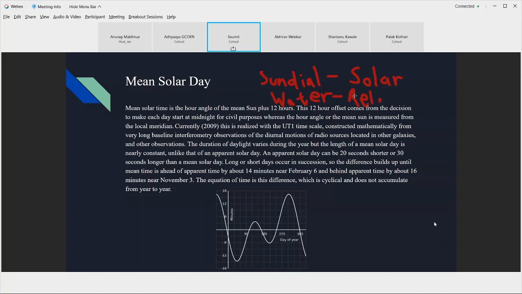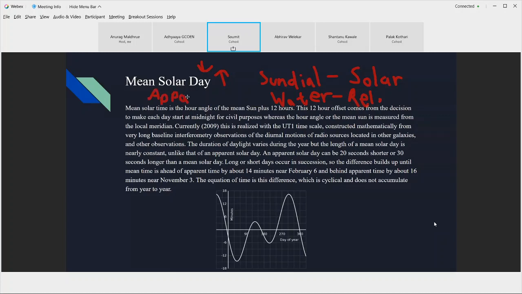The sundial shows the solar time. 12 o'clock in a sundial is when, in tropical regions, your sundial doesn't have a shadow. The shadow is directly underneath it. But when the sun isn't directly over you, let's say in countries closer to the poles, your shadow actually points directly to the pole, that is the north pole or the south pole. It points directly towards it. That's when we have something called the apparent noon.